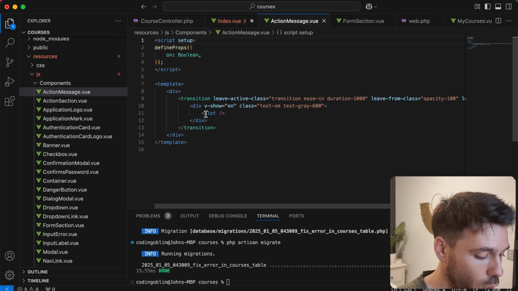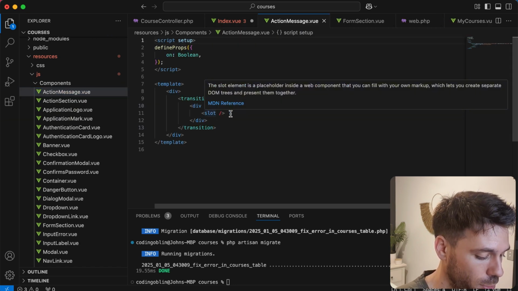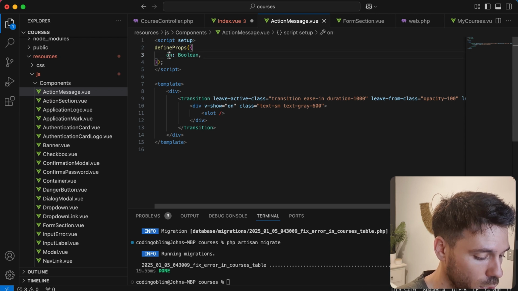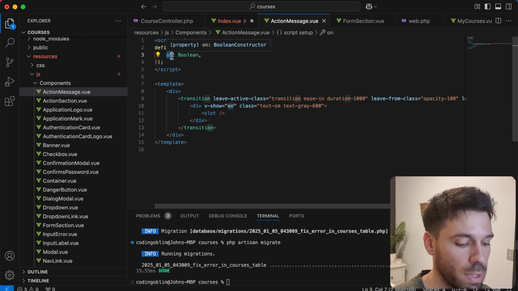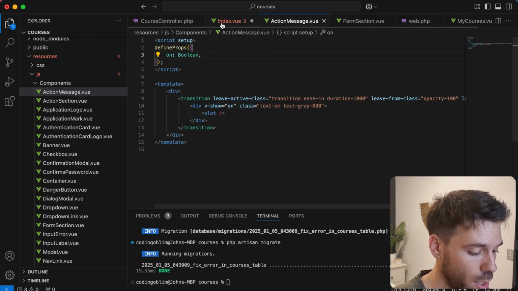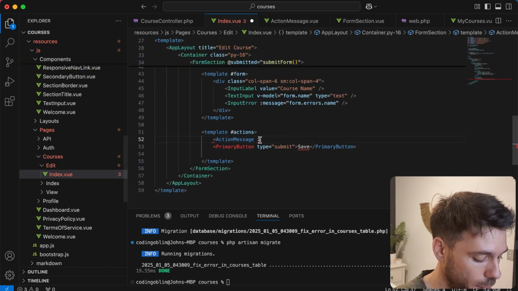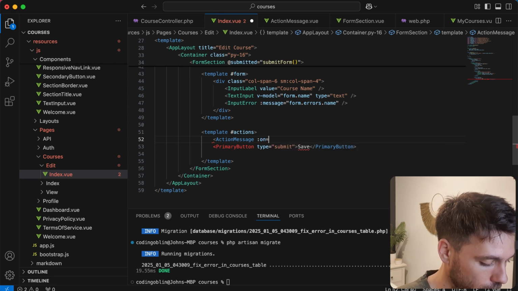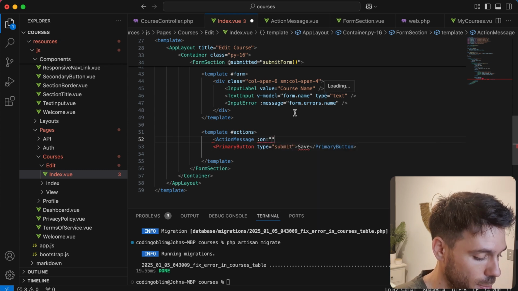So it's a slot, so we can put some information in the slot, and on is the only parameter. So we say on, so if on is true, then it will output what is in the slot. Okay, wonderful. So we can say on, and then we can use some magic from inertia.js, and we can say